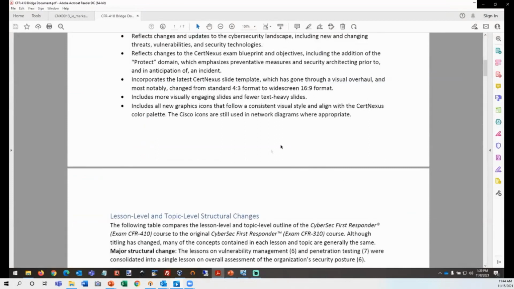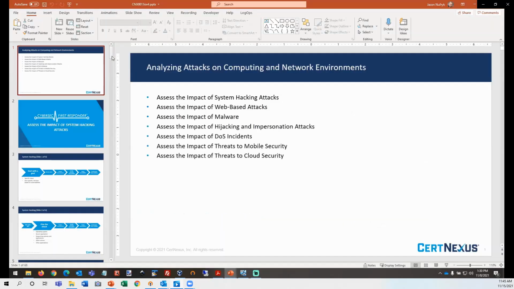And we've also made the slides more visually engaging and less heavy on the text, which can sometimes overwhelm students or instructors like yourself. So we've decided to make things more visually interesting, and as a corollary to that, we've also upgraded our graphics icon library to have a more consistent visual style and one that aligns better with the CertNexus color palette. So just to give you an example, if I go back to the slides,